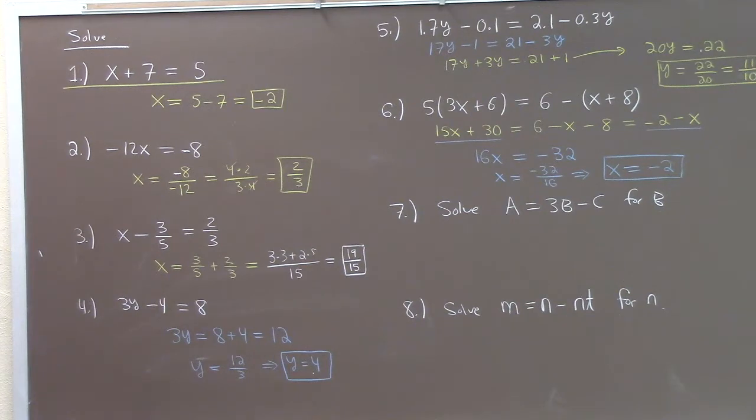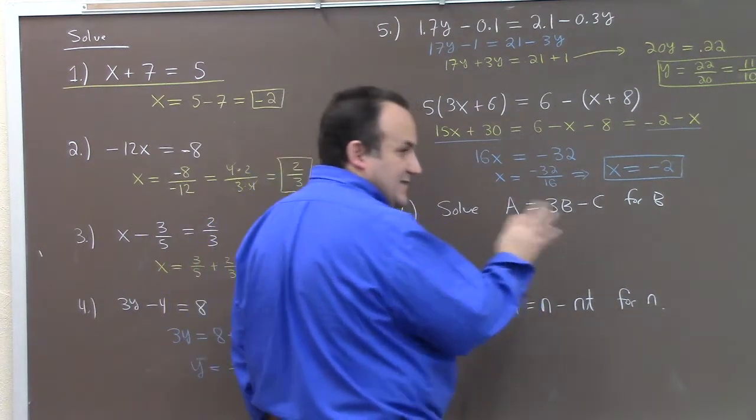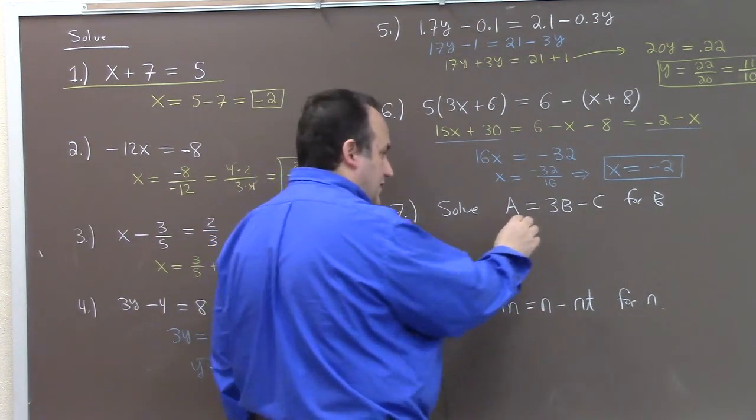Ooh, I like these last two problems. The answer is not numbers, it's expressions, right? So we're going to find an expression for the answer. We're supposed to solve this for b. So what do we do? Isolate the things with b, right? We get 3b